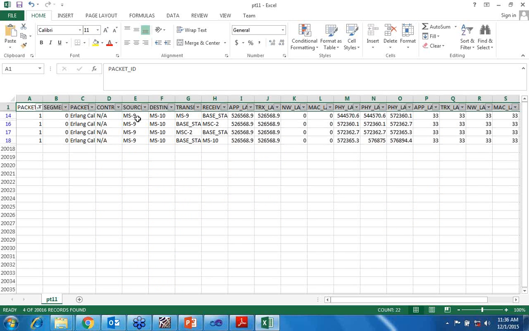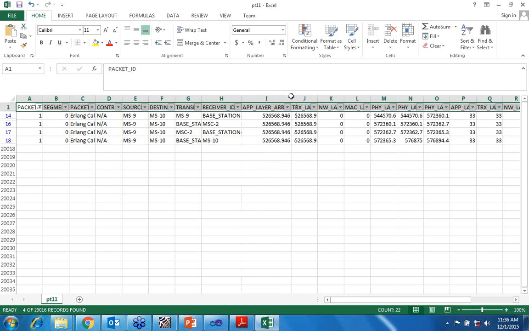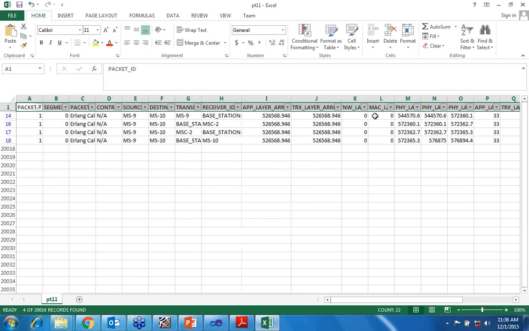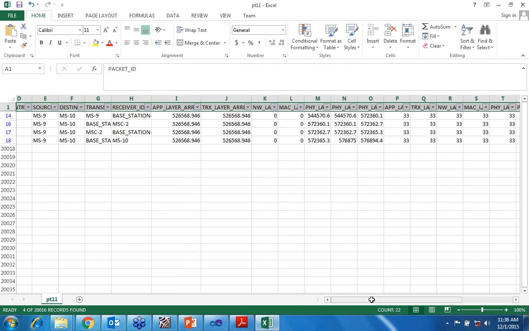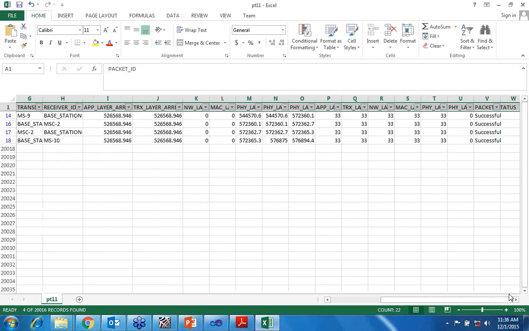Mobile source 9 to mobile source 10 it is transmitting, and then different parameters like base station, then application layer, transport layer, network layer, MAC layer, physical layer, and all the layers, what parameters are given here. So all the packets are sent successfully.